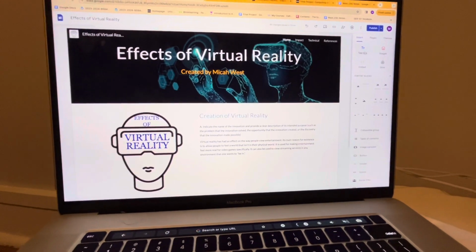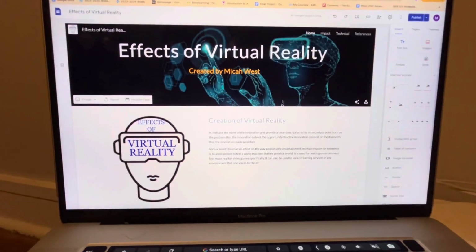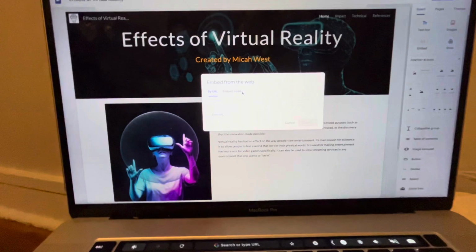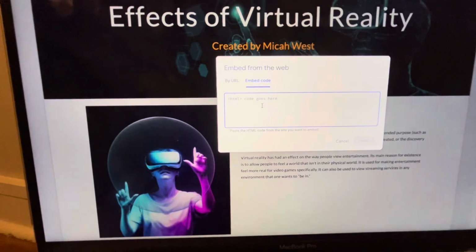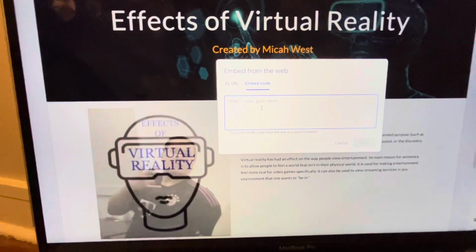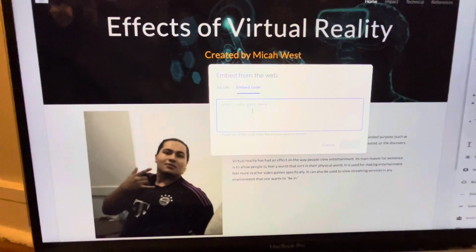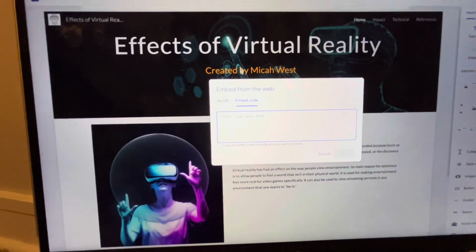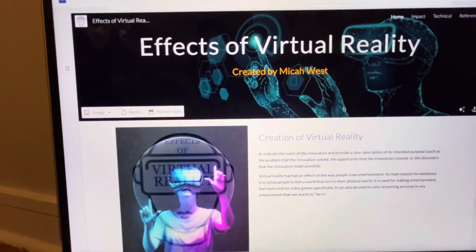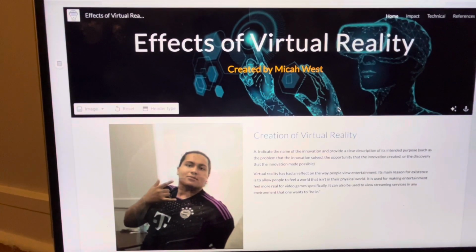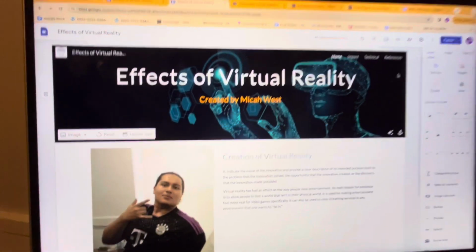In Google Sites, you just select the text box up here and add it here, and you can just type the words in. Whereas for HTML, you have to type code in HTML and then other codes in HTML to put in paragraphs, lists, and things like that. CSS is more of the images and stuff like that. For this image, I would have had to put the link in the language and go through all the process,